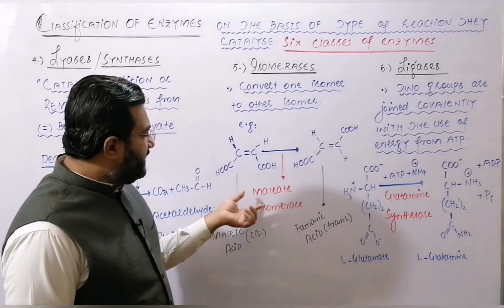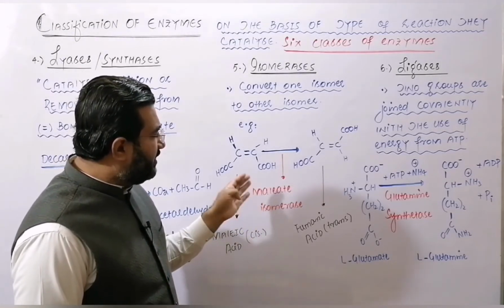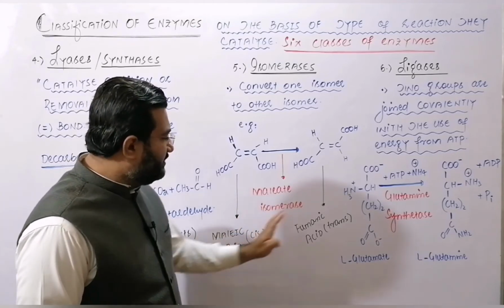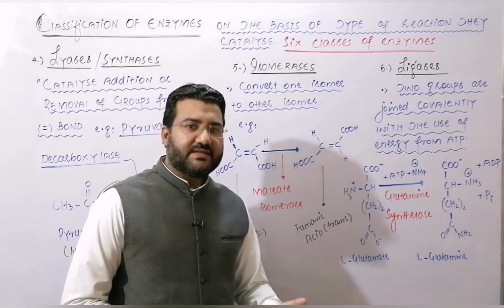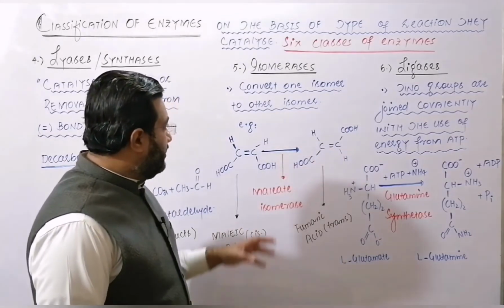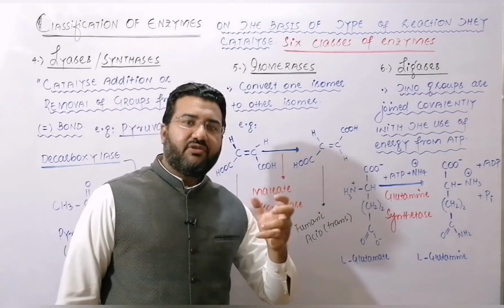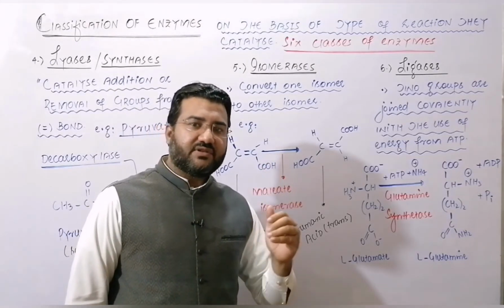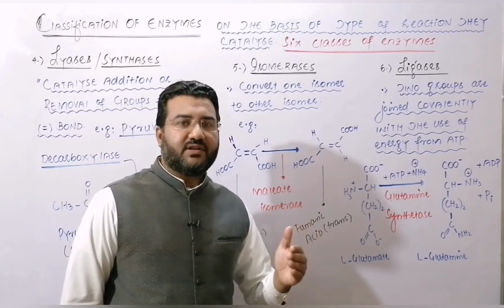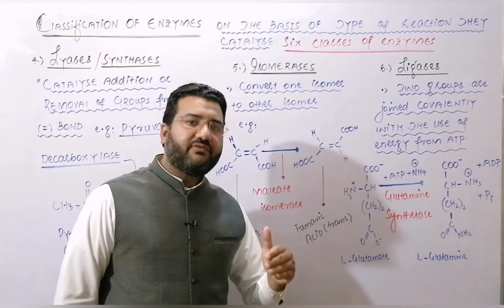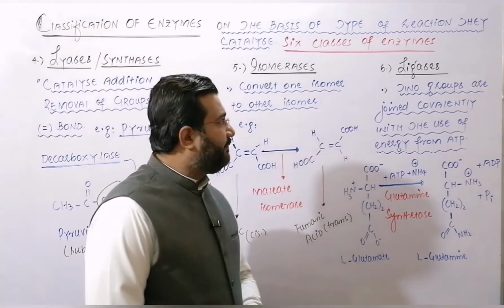So there is an enzyme which is maleate isomerase and this enzyme converts one isomer to the other isomer. So that will be an example of the isomerase. So basically isomerases either change the structure or geometry of the molecules. When they change the structure, then one isomer is changed to the other structural isomer. And when they change the geometry of an isomer, then another geometrical isomer is produced.